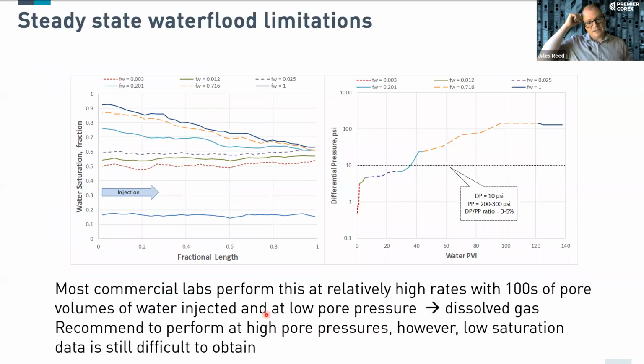The other is steady state, but these need to be performed with great care. As I've mentioned, by performing injection, we've got a difference in pressure. We have to have a difference in pressure in order to have flow. And when we perform steady state, in general, you have much higher pressures because you've got two fluids flowing at once, and you also have much greater injection volumes. So rather than limiting to, say, 2 pore volumes of injection, you could have tens to hundreds of pore volumes